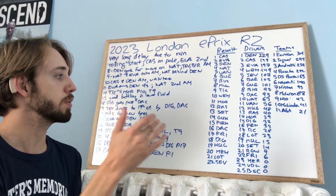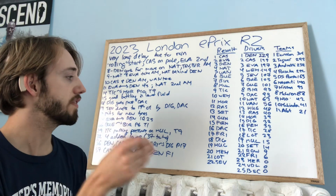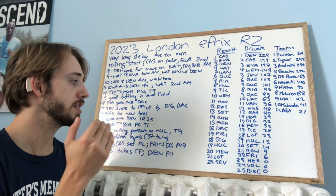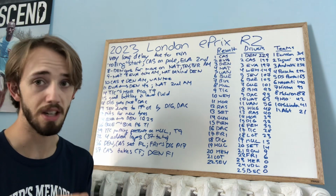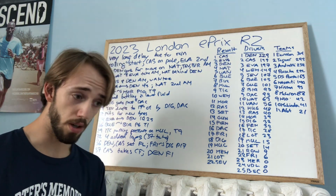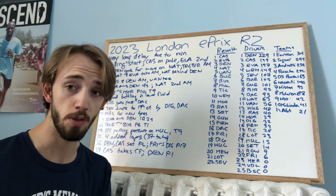10th Fairline, 11th Mortara, 12th Ras, 13th Steady Kamara, 14th Gunther, 15th Fenestra, 16th DaCosta, 17th Fines, 18th deGrassi, 19th Hughes, 20th Mary, 21st Lauder, and 22nd Vern. So, overall, no retirements, which given the conditions, really, really good job by the drivers today to keep it